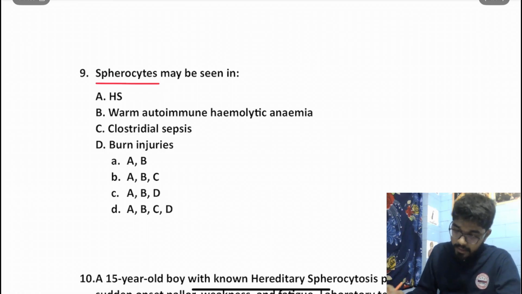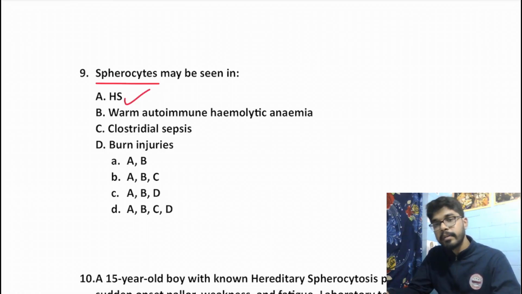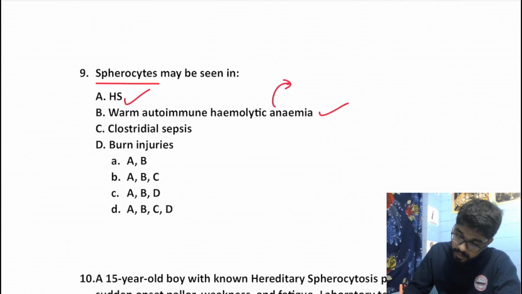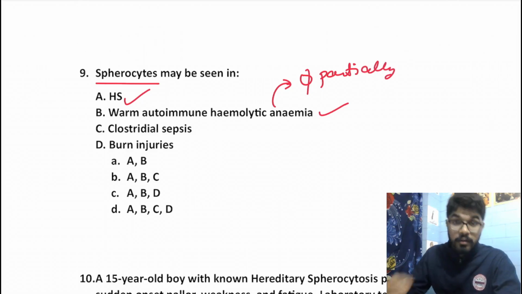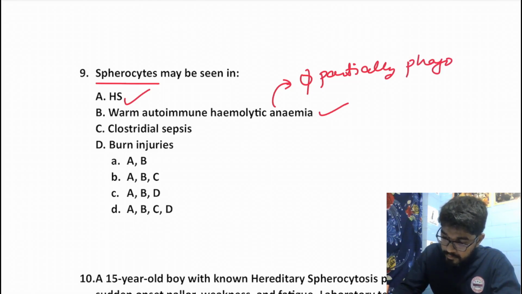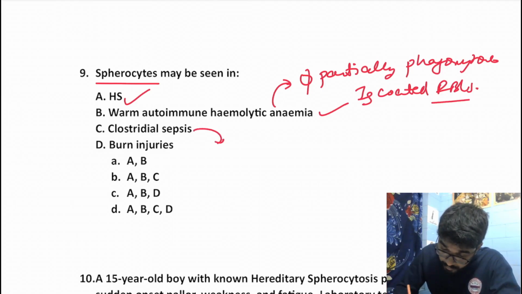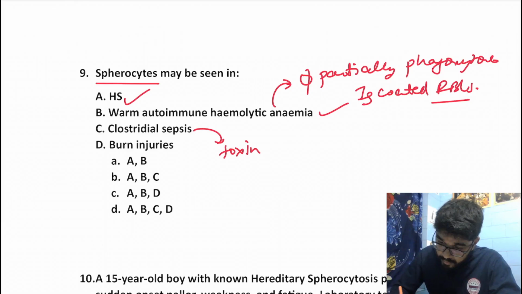Spherocytes may be seen in hereditary spherocytosis. Of course we do get spherocytes in hereditary spherocytosis. Warm autoimmune hemolytic anemia, yes. Over here what happens, your macrophages partially phagocytose the RBCs, the immunoglobulin coated RBCs. Okay. Clostridial sepsis, over here the toxin of the bacteria damages the membrane,